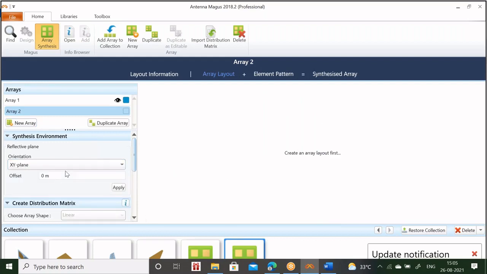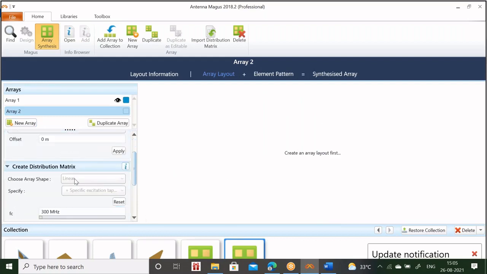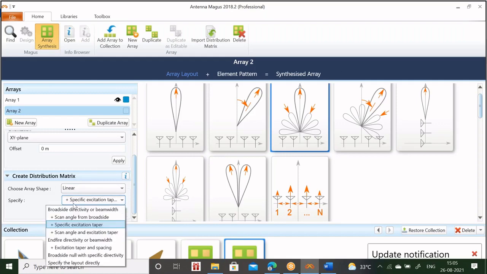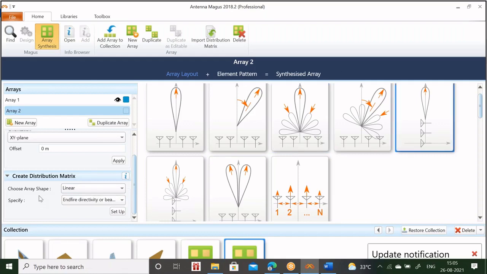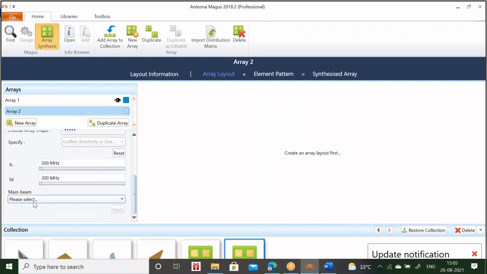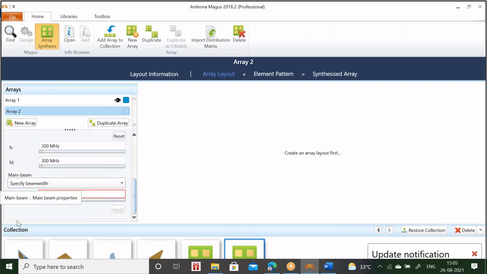Orientation in xy, and resetting linear, and identifier I'm selecting. Setup I have made. Array layout. Directivity I am specifying. Directivity this time